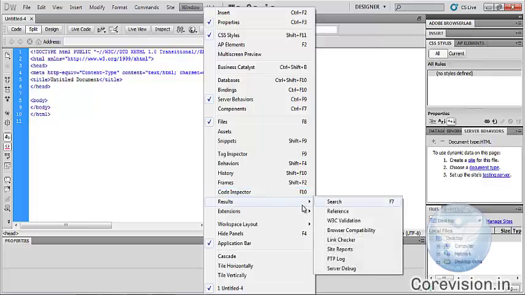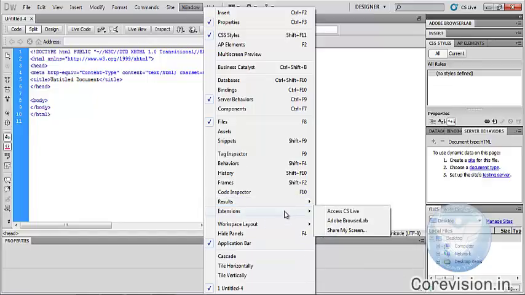Results. Click on Results. Many other tools open: Search, References, W3C validation, browser compatibility, link checker, site reports, FTP logs, server debug, etc. Extension. This menu lets you access various online services such as Access CS Live, Adobe BrowserLab, Share My Screen,